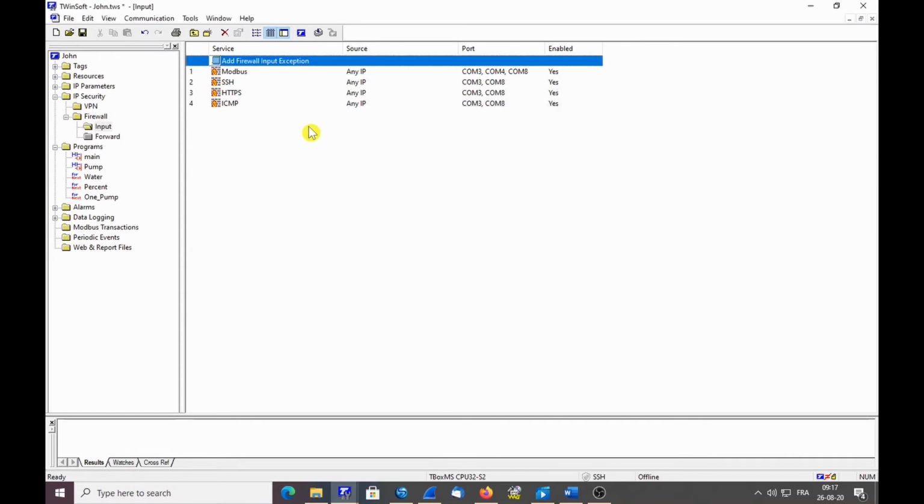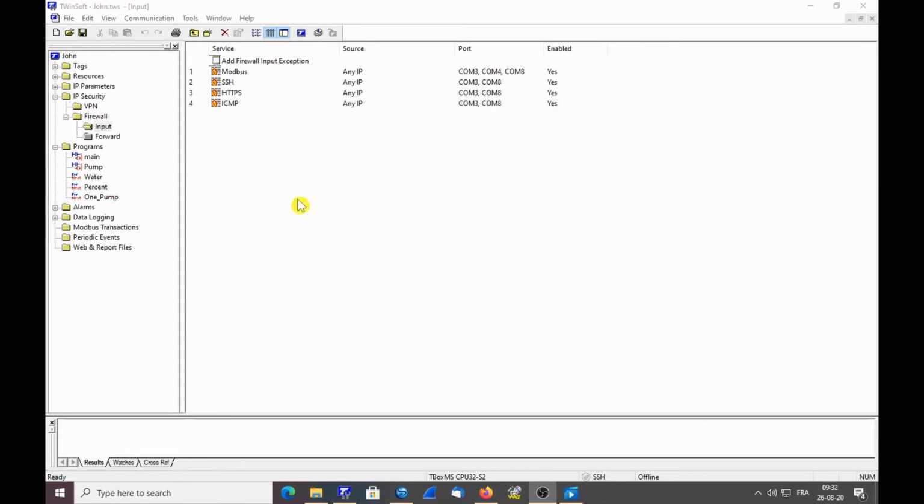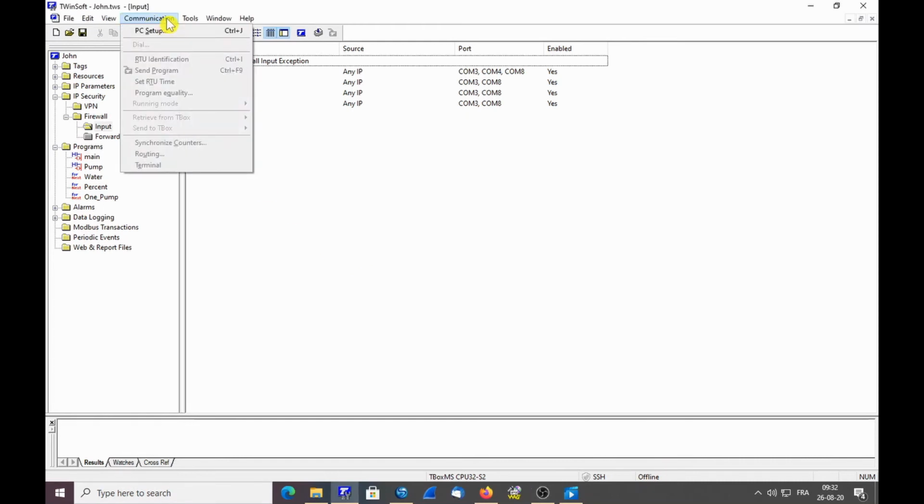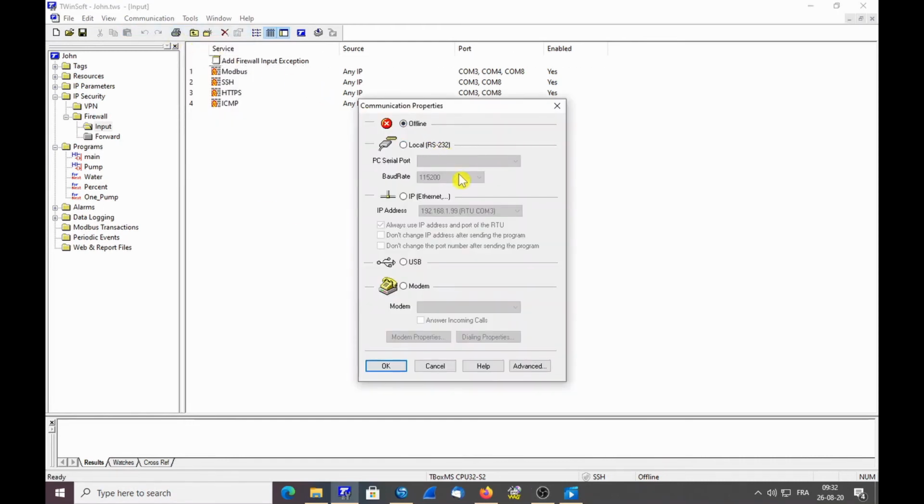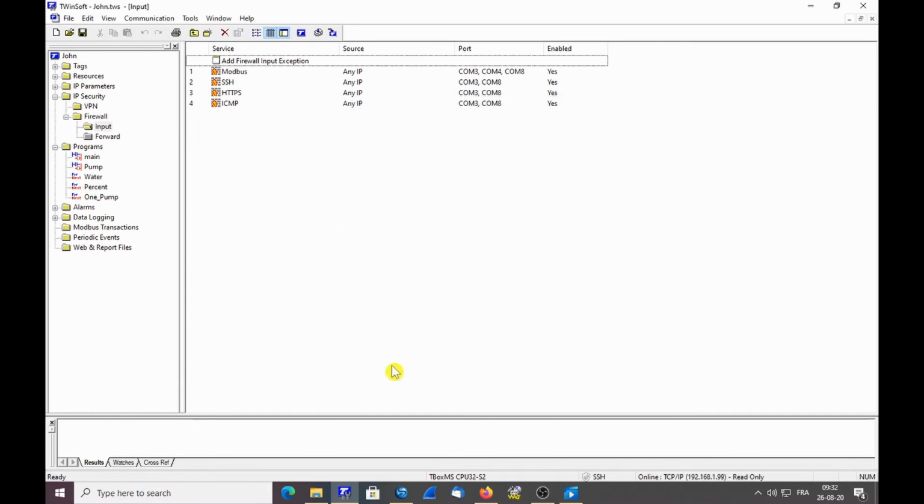OK. Let's now send this to TBox and check that we still can communicate. Oh, I see I am offline, so I will reactivate communication. So communication PC setup. I communicate through Ethernet, so I select this option. If you communicate through USB, you will click this option. OK. I'm online and I